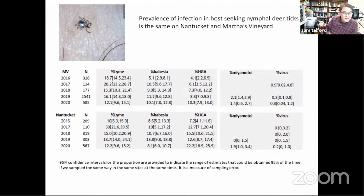But otherwise, the numbers that you see is a proportion followed by an error estimate based upon the way we sample. And so if we go to the same site and do the same thing, drag the cloth with the same person and grind them up and do the same assays, the actual estimate could be somewhere in between those two numbers. It's a measure of sampling error, and if there's overlap, you'd be hard pressed to say that the numbers actually differ from year to year. You'll note